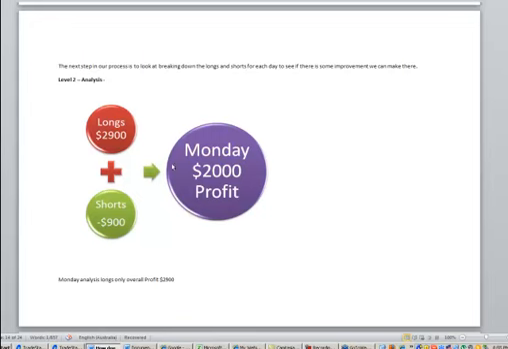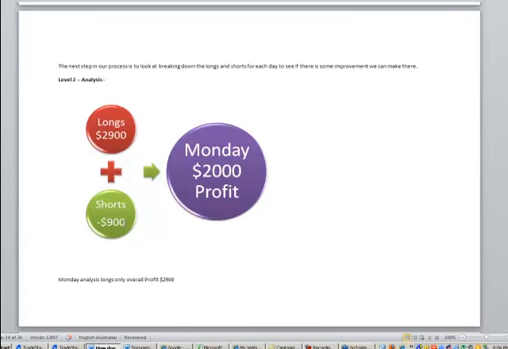So if we look at level 2 on a Monday, there was $2,000 worth of profit, so we were pretty happy to trade a Monday. But if we break the longs and shorts down, we see that the longs made 2,900, the shorts made negative 900. So what was our... can anybody